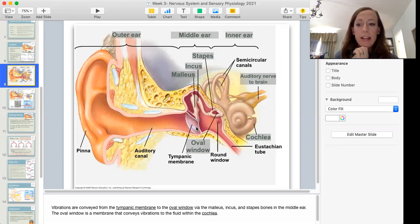Okay. And then again, you've probably heard of the three bones that are in the middle ear: the malleus, the incus, and the stapes. Okay, so these three bones, as the sound waves hit the tympanic membrane, are then moved. So that little pressure on the membrane will move the malleus, the incus, and the stapes, which then moves another membrane here, which is called the oval window. Okay, so it puts a little pressure on the oval window, and then we move to processing by the inner